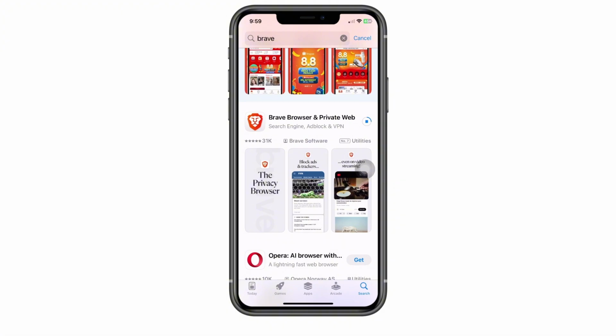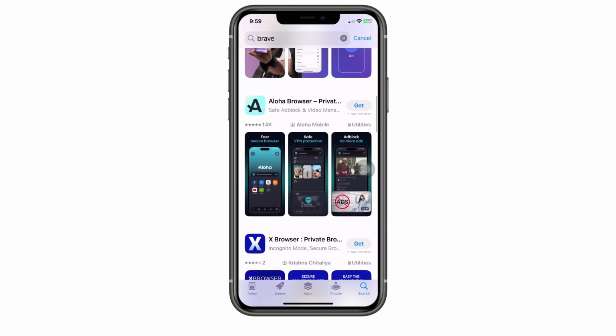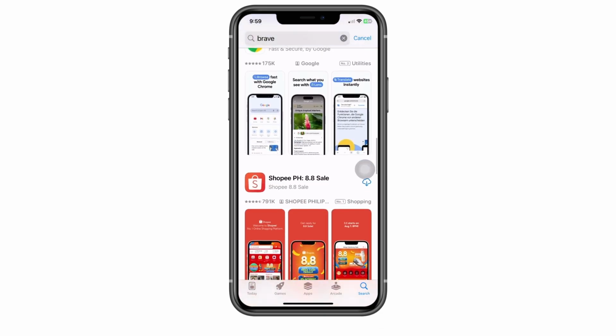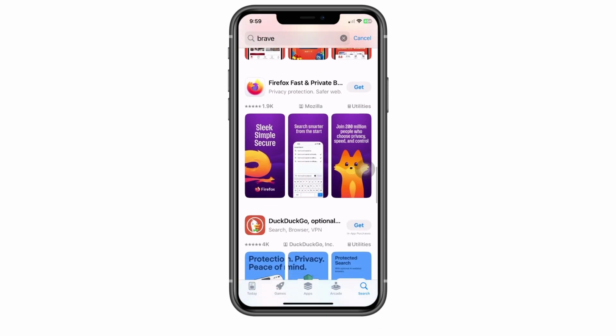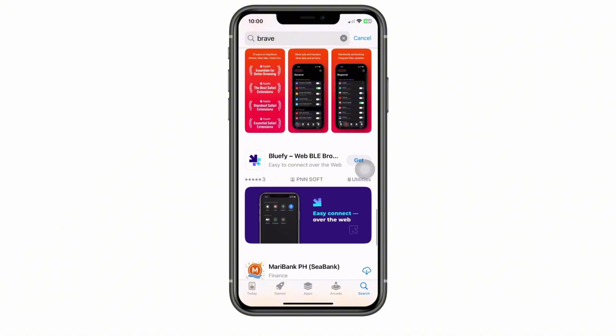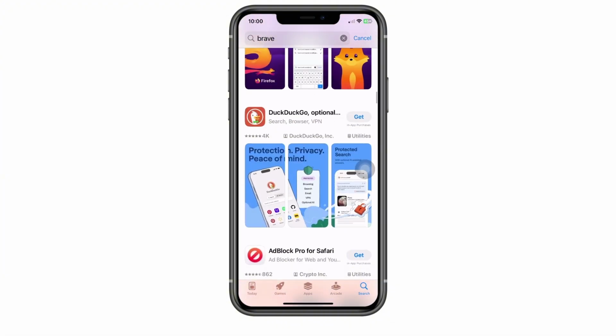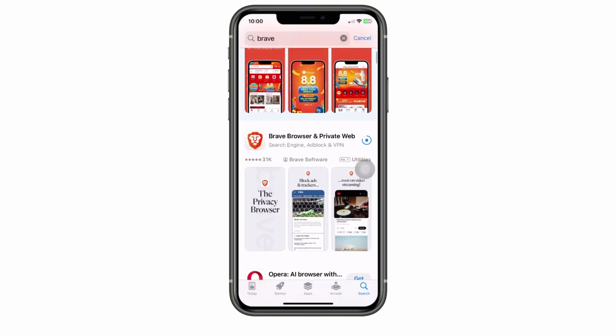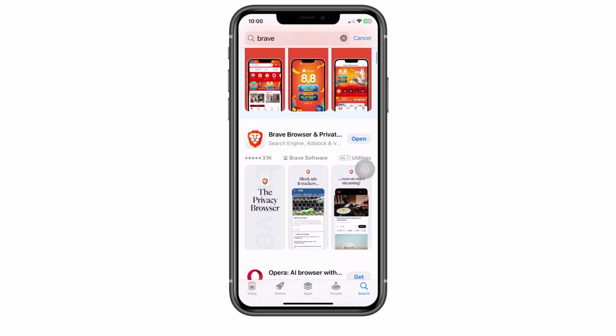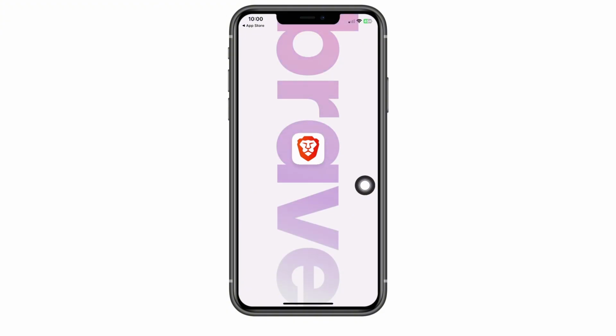Now, while it's downloading, you can go ahead and browse through the apps right here related to browsers. And if you like one, just tap on get. Now, let's go ahead and check it out if it's done. Now, it's done. All you got to do is just tap on open, and Brave browser is now on your